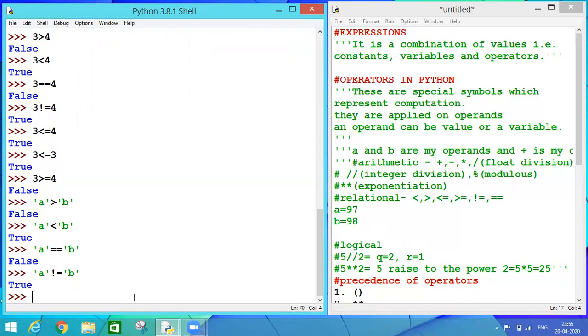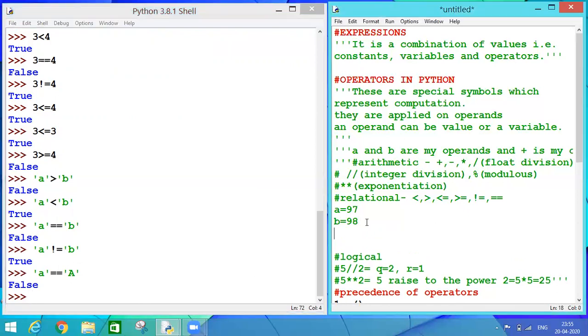Now here, as we have talked, Python is a case sensitive language. So if I compare small a is equal to capital A, why am I getting the result as false? Because in my ASCII code, my capital A is meant for 65. So my capital A is basically lesser than, or smaller than, small a.